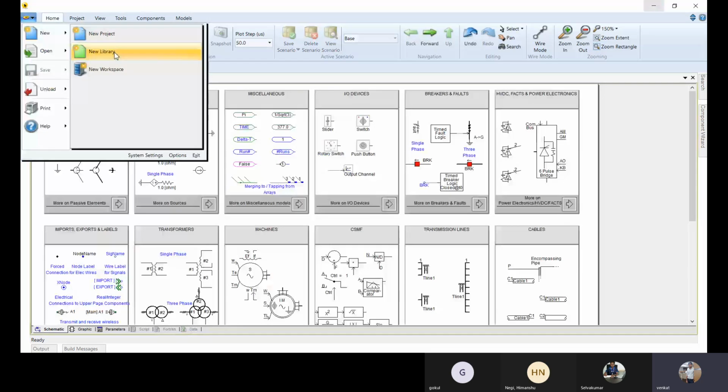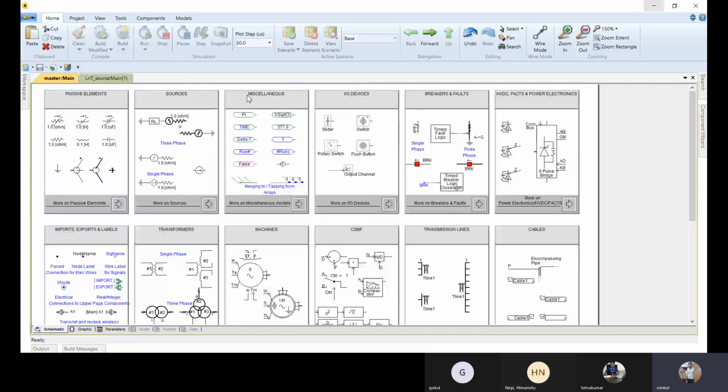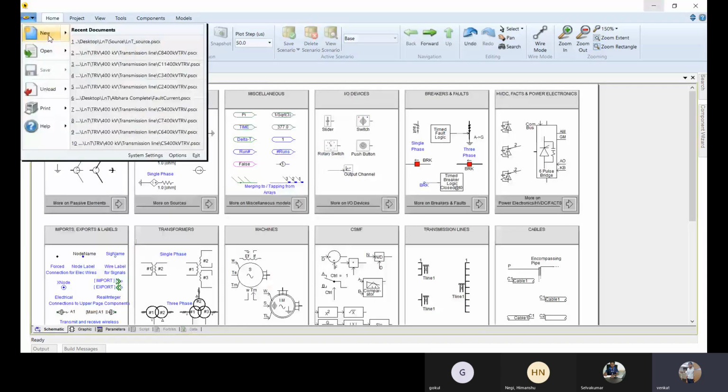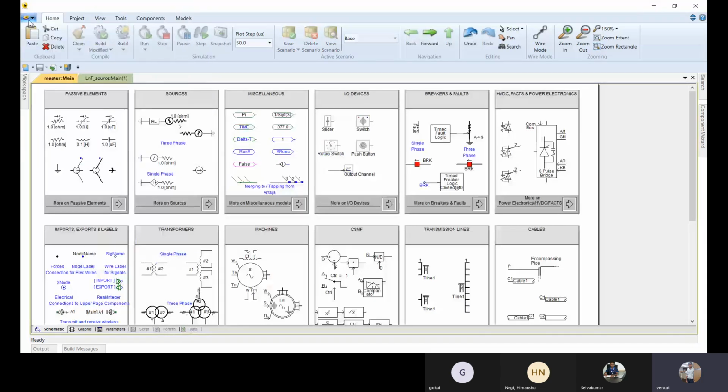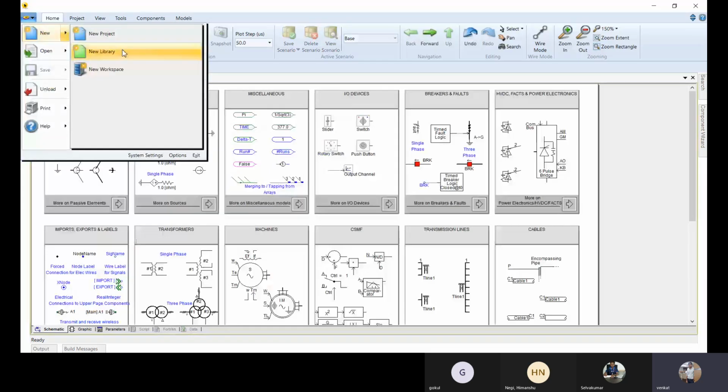When you create a new library, it is like adding your new library. As I said, this is one library. If you are doing some project and want to create your own library, then you can choose this option, new library, and you can create your library. This part also we will come to later.